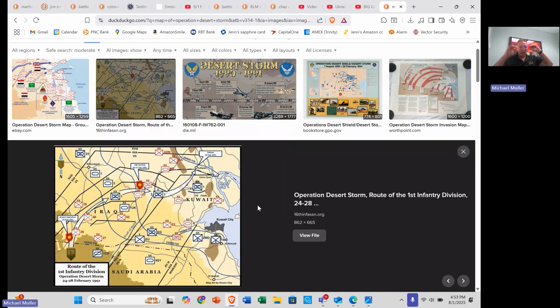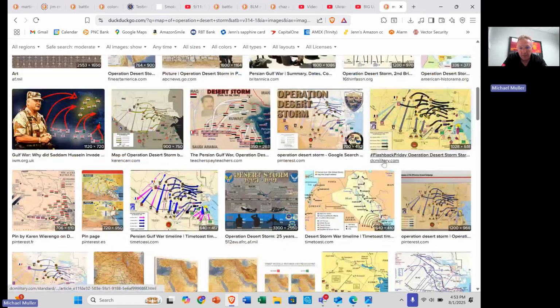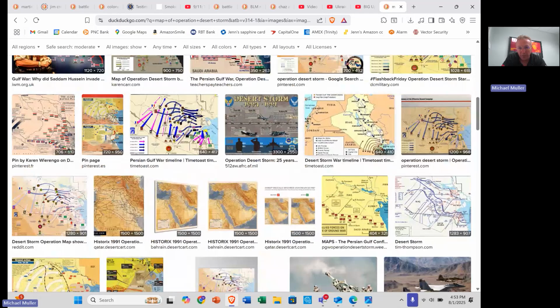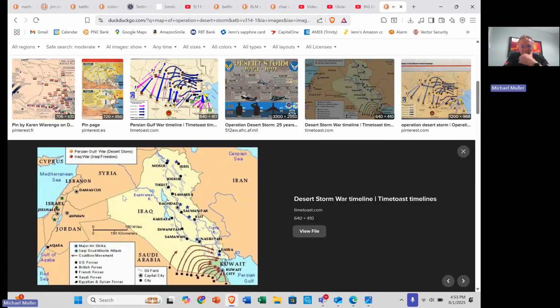Okay, so Operation Desert Storm. In 1990, Iraq invades Kuwait. So let me pull up a map so you can see that in scale. This isn't quite the map I need for that. Let's see if I can see the invasion of Kuwait. Yeah, here you go. Perfect. This is a good scale. So Iraq, this nation here, led by Saddam Hussein.